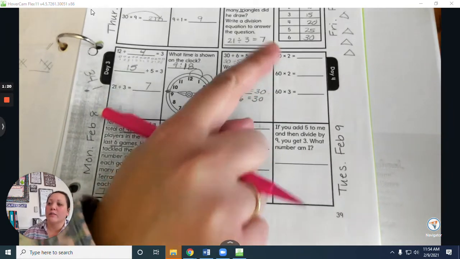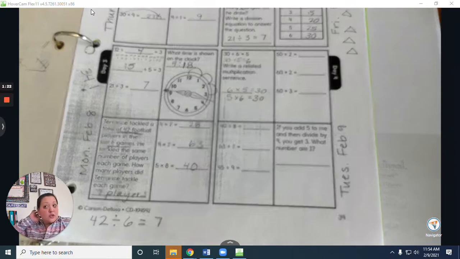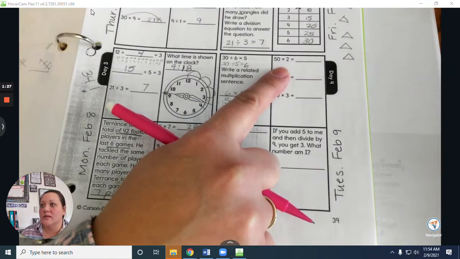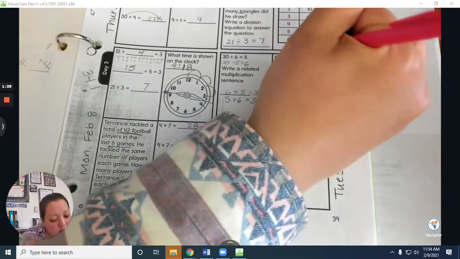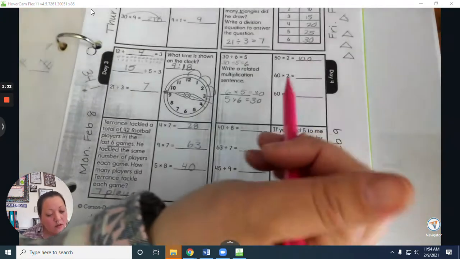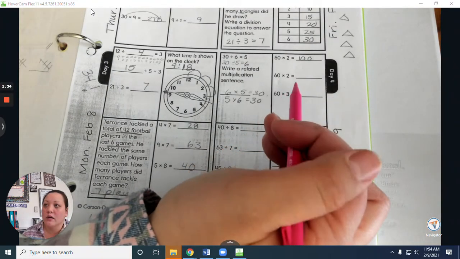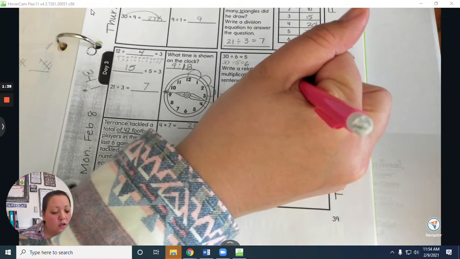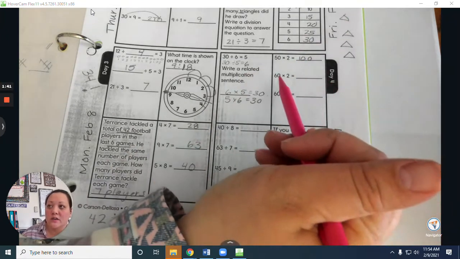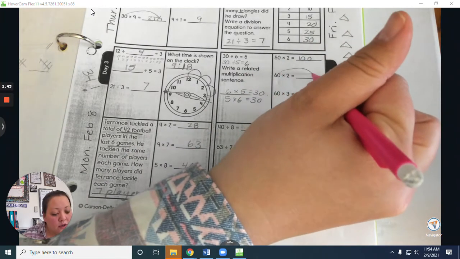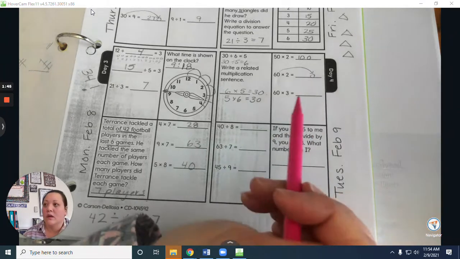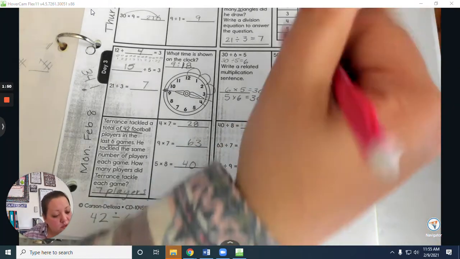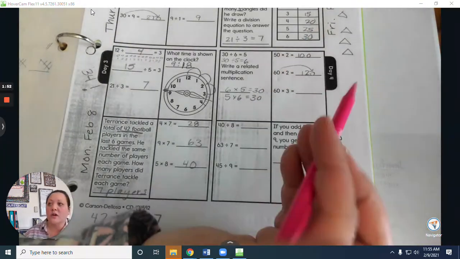Okay, going on over here. 50 times 2. Well, 50 times 2 is really 50 plus 50 because it's 2 groups of 50, and I know that that's 100. 60 times 2. Well, maybe I don't know what 60 plus 60 is. Okay, so I can do multiplication. Well, if it's got a 0 at the end, you can move that 0 on over here, right? That's where that 0 goes. And then 2 times 6 I know is 12, so if I put the 12 with this other 0,